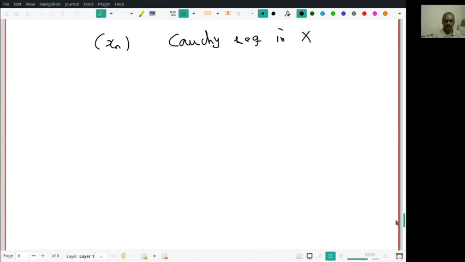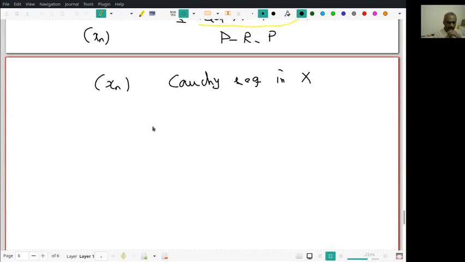Now first things first. Let us look at xn. I want to show it is Cauchy, right? This you must have seen in analysis, even in a first course in analysis. That's the same trick. So let's look at n strictly greater than m. Let us look at d(xn, xm). I have to estimate it. I have to show it goes to 0 as n and m become very large. These are very small when n and m are very large. That's what Cauchy nature means.